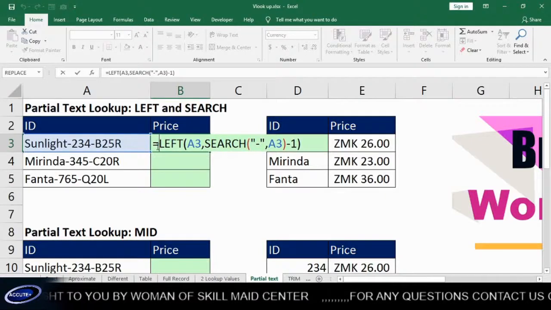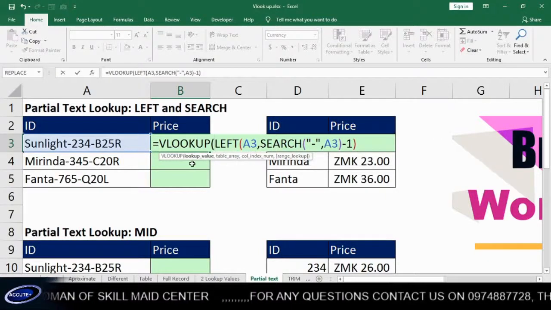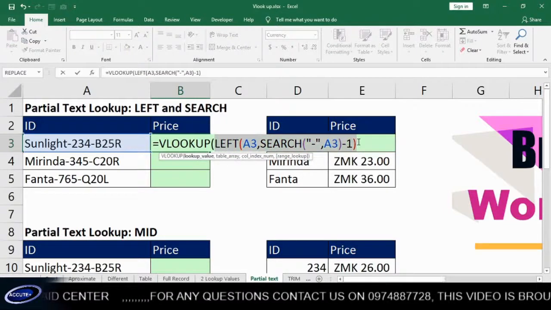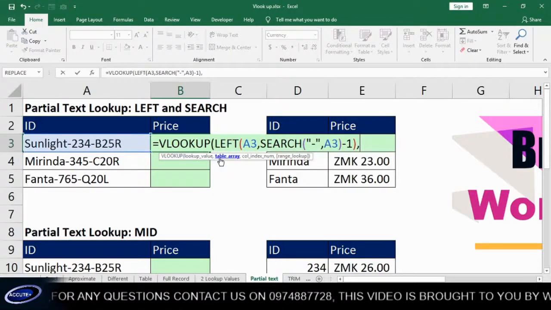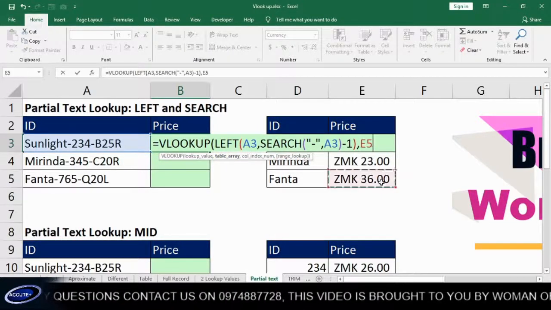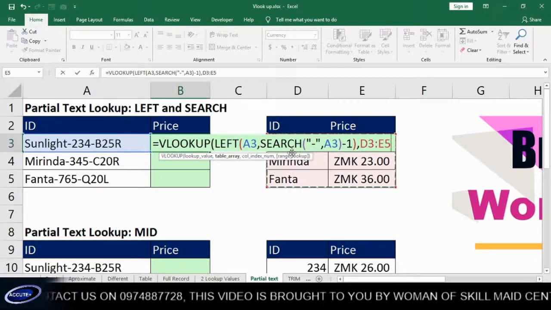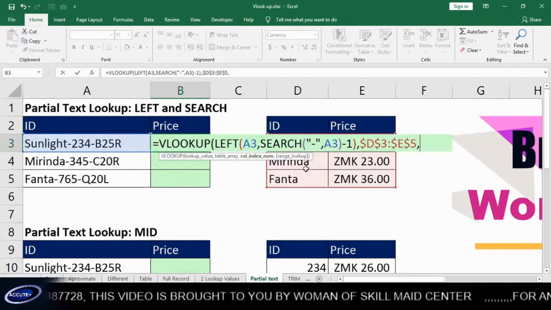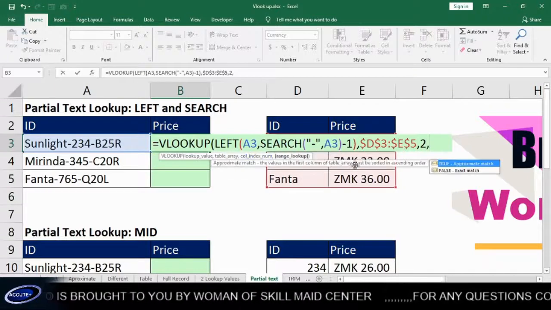Now I can introduce my VLOOKUP. Now my VLOOKUP is saying, what is my lookup value? It is this one here, which I've done, comma, what is my table array? My table array is this table here. I can lock the table by pressing F4, comma, what is my column index? It's number 2, comma,